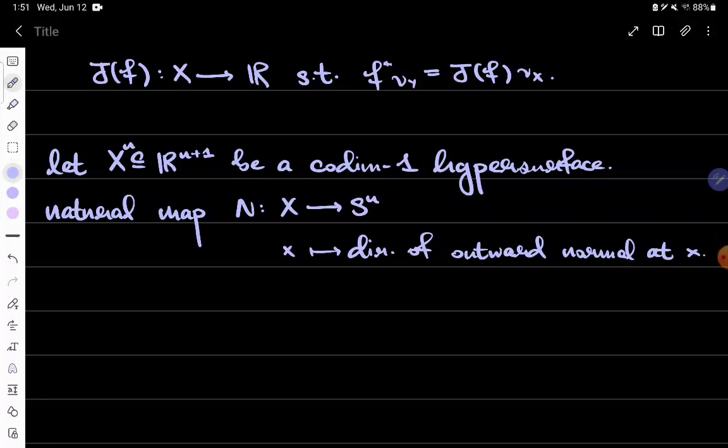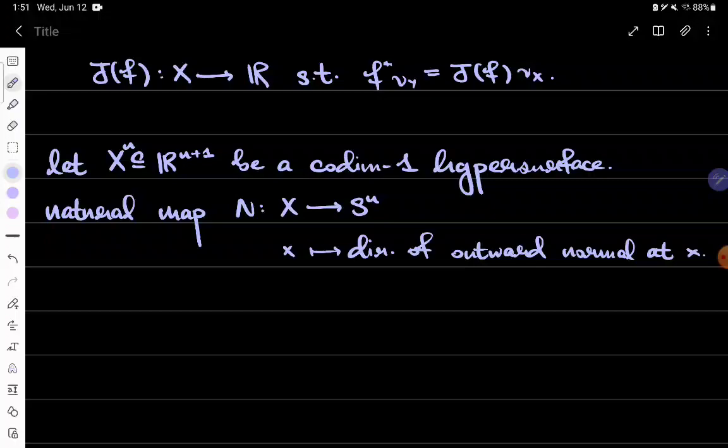Gauss was tasked with making a faithful world map, so this was the genesis of some kind of mathematical cartography, and he realized that you could never do this without some kind of distortion happening, and this is due to the positive curvature of the Earth, whereas a map is flat, so it has zero curvature.